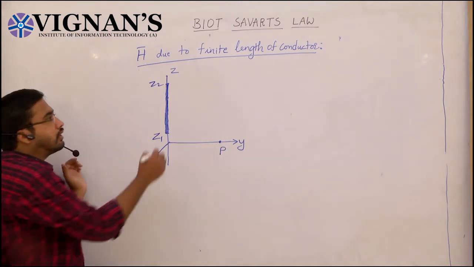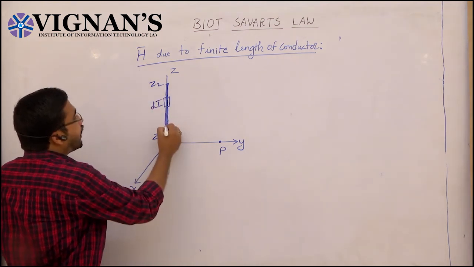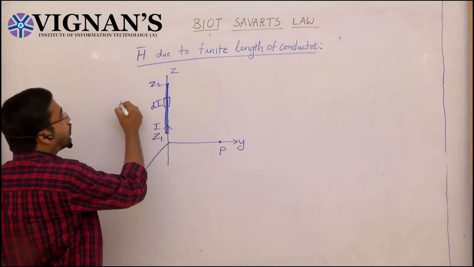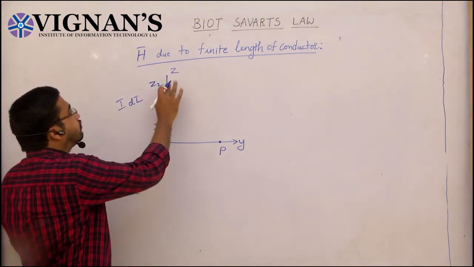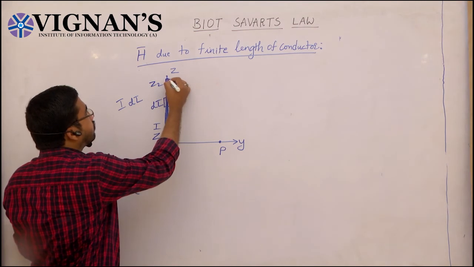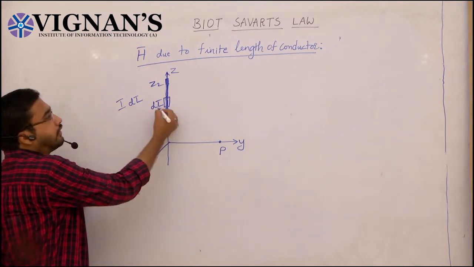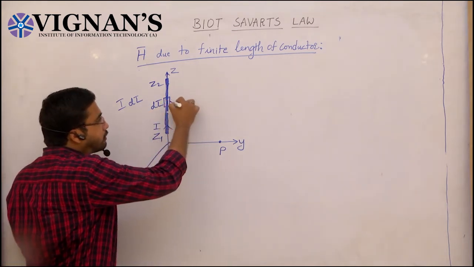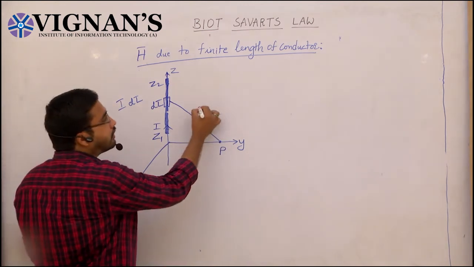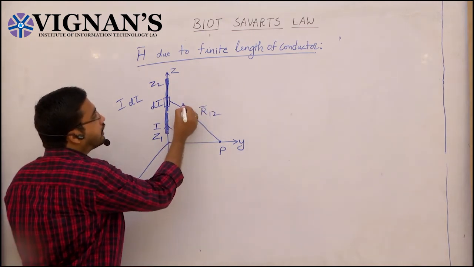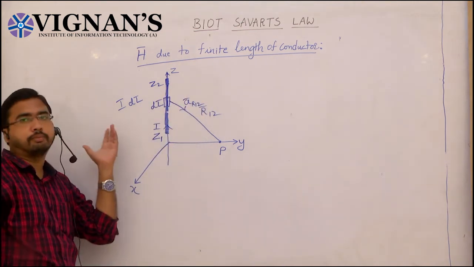So again consider the same analysis. Take a differential length dl and the current that is carried by this is I. So the total differential current is I dl. The length from this differential length dl bar to this point P is, again mark it as r12. So the distance vector is r12 bar and the unit vector in this direction is ar12. Same assumptions as we have derived from the previous one.